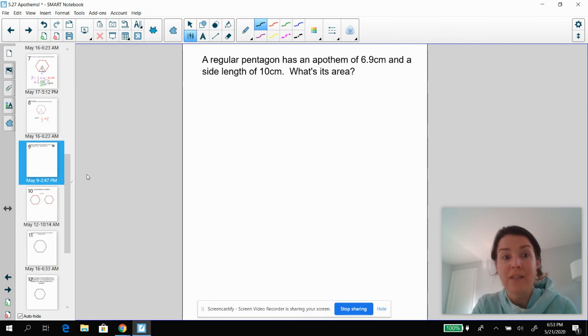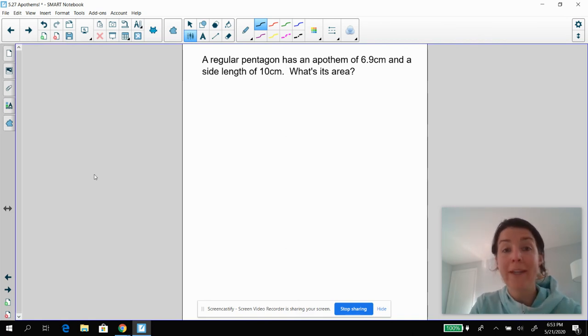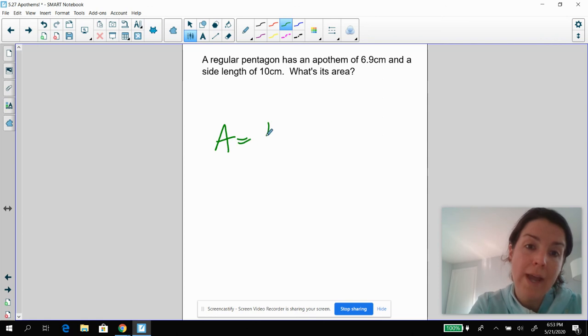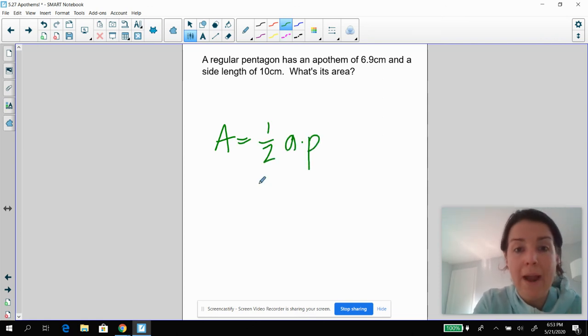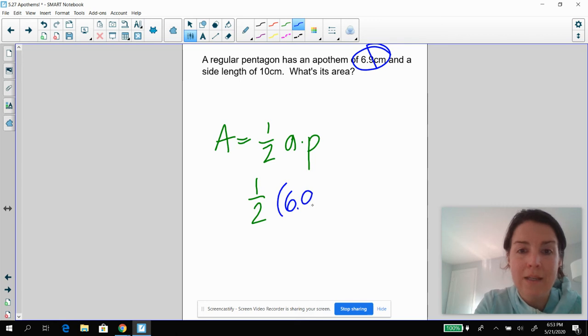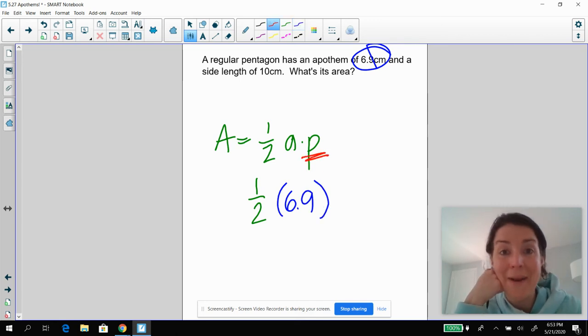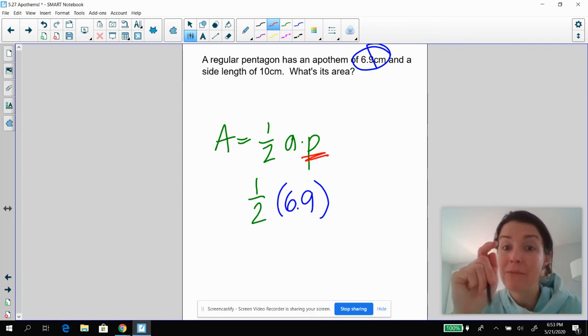So let's take a peek at this. This is super straightforward. So I've got a regular pentagon, and it's got an apothem of 6.9 centimeters and a side length of 10 centimeters. So remember, the area is 1/2 the apothem times the perimeter. So I already know I've got my 1/2 here. I already know my apothem is 6.9 centimeters. And then I've got to find my perimeter. Do not say it's 10. One side length is 10. So 10 times 5